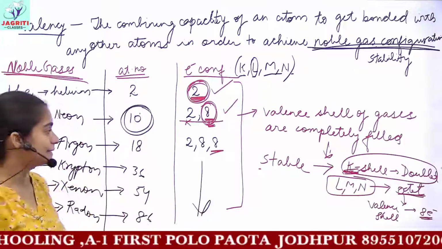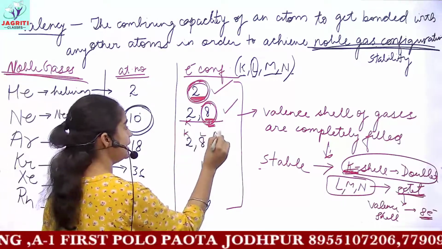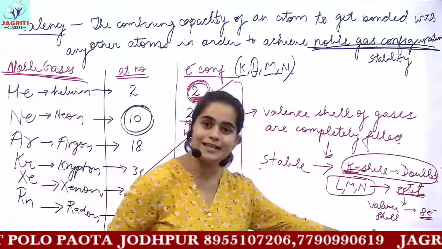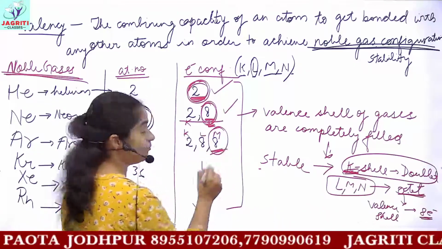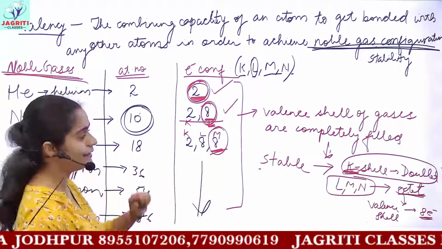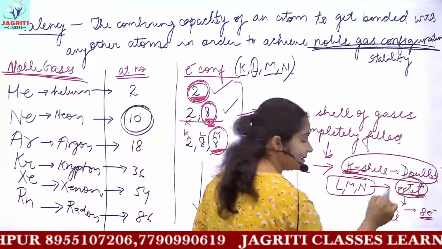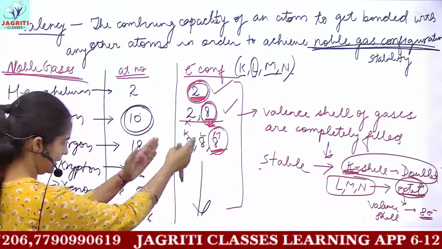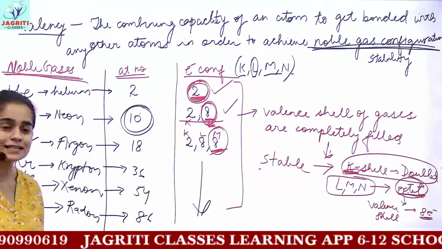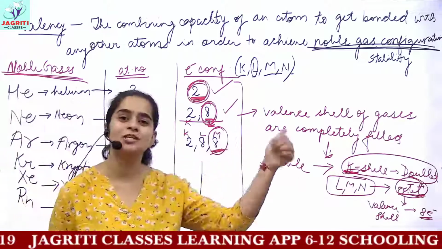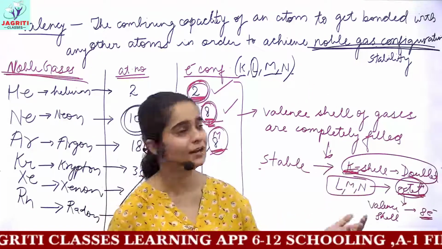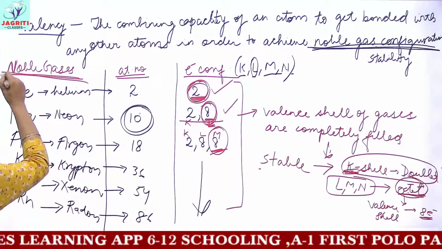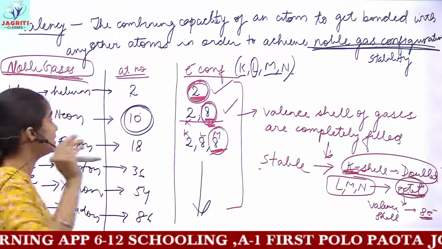Moving on to the next, the outermost shell is K, L and M. M is the outermost shell, and the outermost shell is called the valence shell. Now how many electrons do you have here? You have a total of 8 electrons, which gives stability according to the octet rule. So this would also be stable. And if you write the electronic configuration of the remaining gases, you will see that a total of 8 electrons are present in the outermost or valence shell. So these all are stable. This is why we call these gases noble gases.